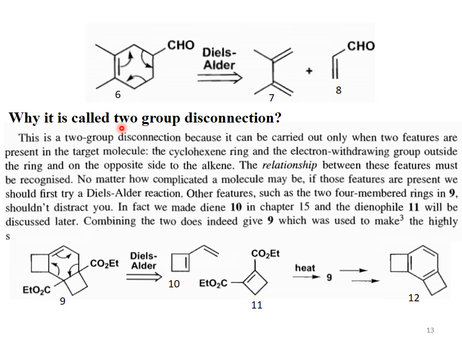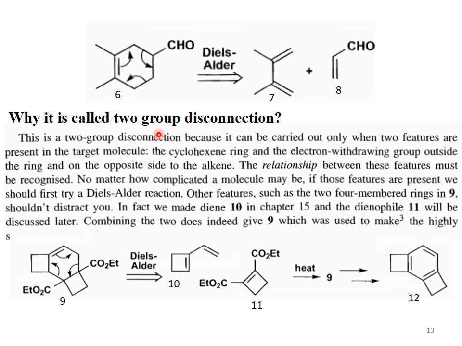So this is the compound code of this compound. This complex compound is 9. Start drawing the arrows from the pi bond in a clockwise direction. Then this bond will move over here, and this bond will move over here, and this bond will move over here. Then we have the diene. This is the diene and this is the dienophile.